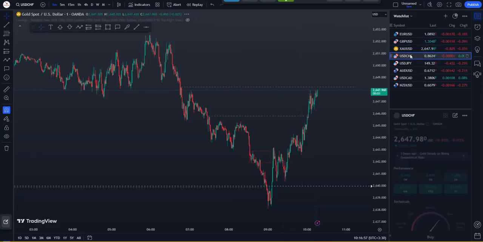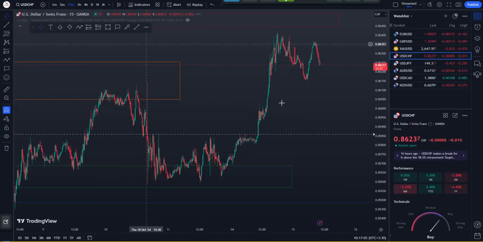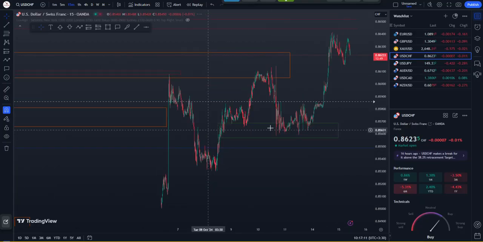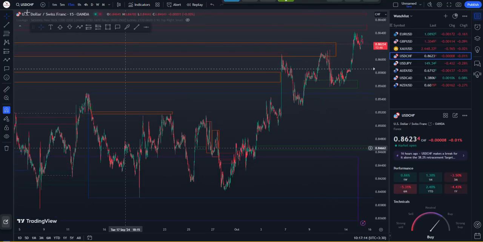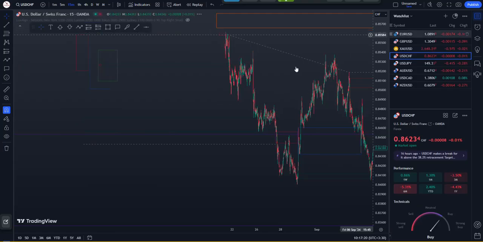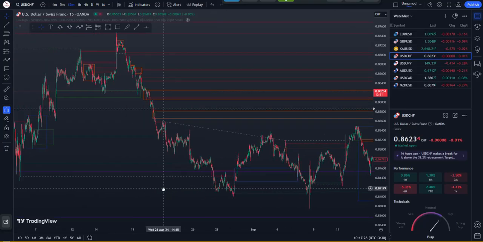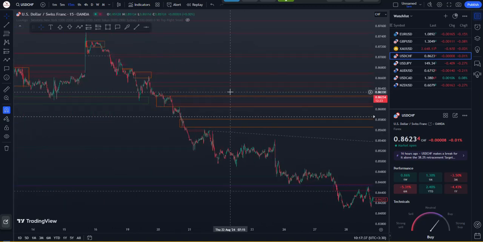I told you about that in USD. I'm waiting for price to reach here. So if I'm waiting for price to reach here, I can go short when price reaches there. Where is that? I talk about where price reached. No, I talk about this one. Yeah, price didn't reach this level, but